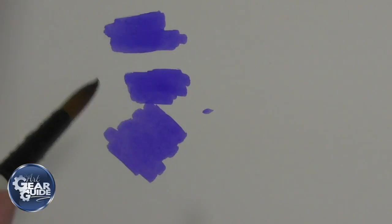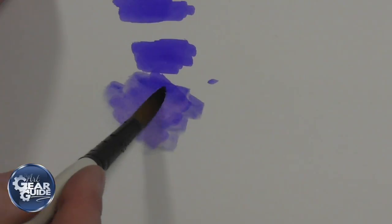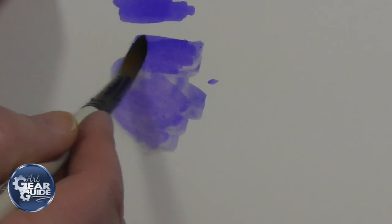If you're looking to do really intricate work. But once you've got your color laid down like that, then you would go and get your water and just activate it and use it whatever way you want. Now you've seen there,